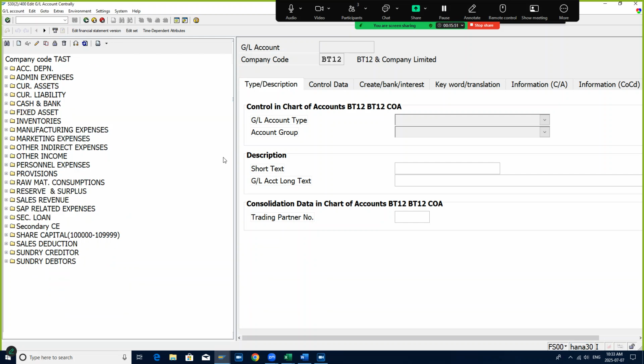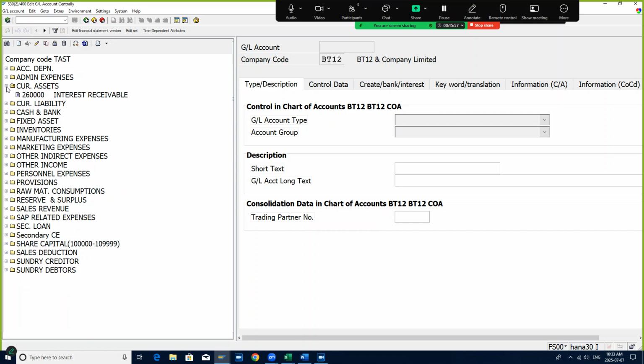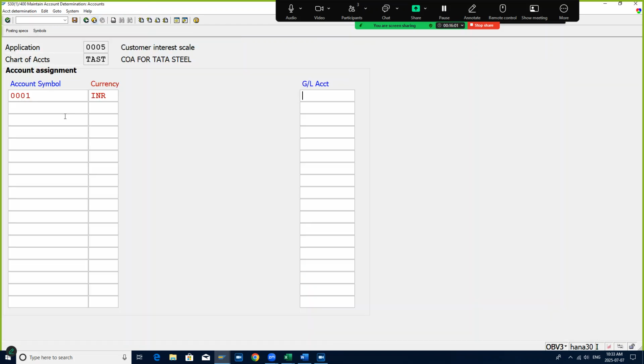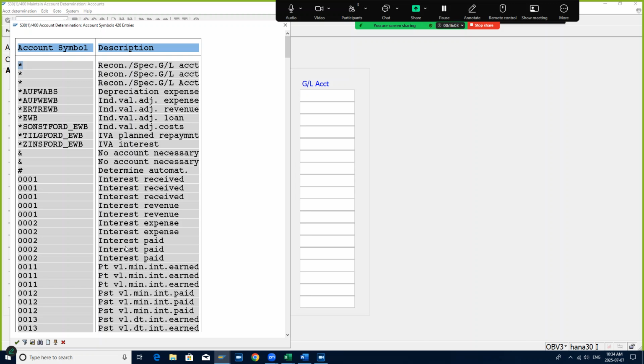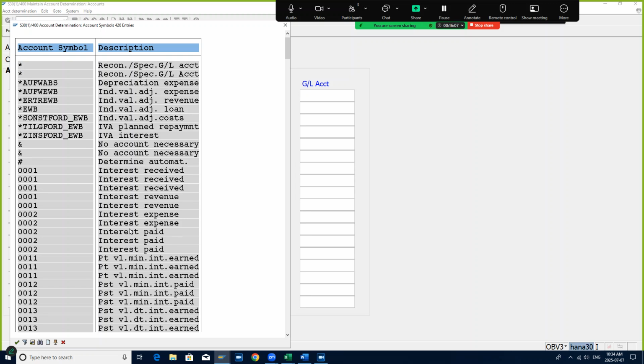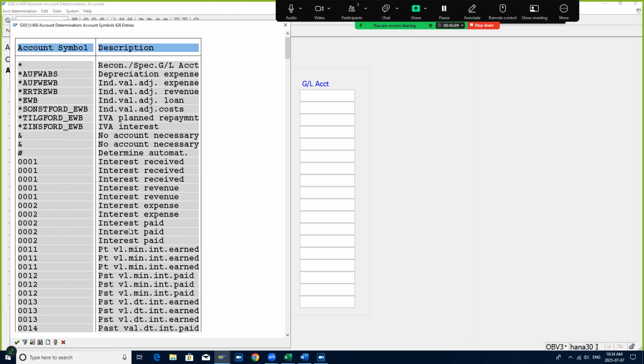TAST. Current asset. In current assets. Okay, 2,60,000 interest receivables. Yes. So do you have interest receivables here? No, we do not. I have checked it. It is not there. Okay, so in that case,